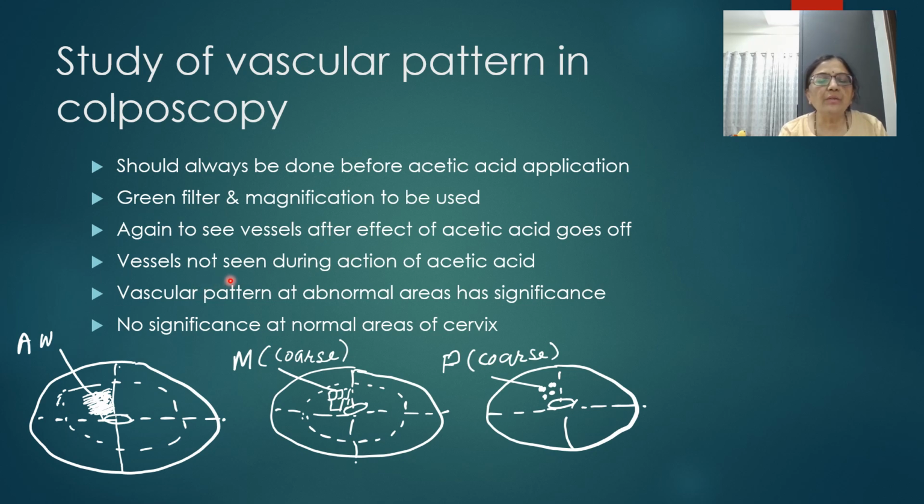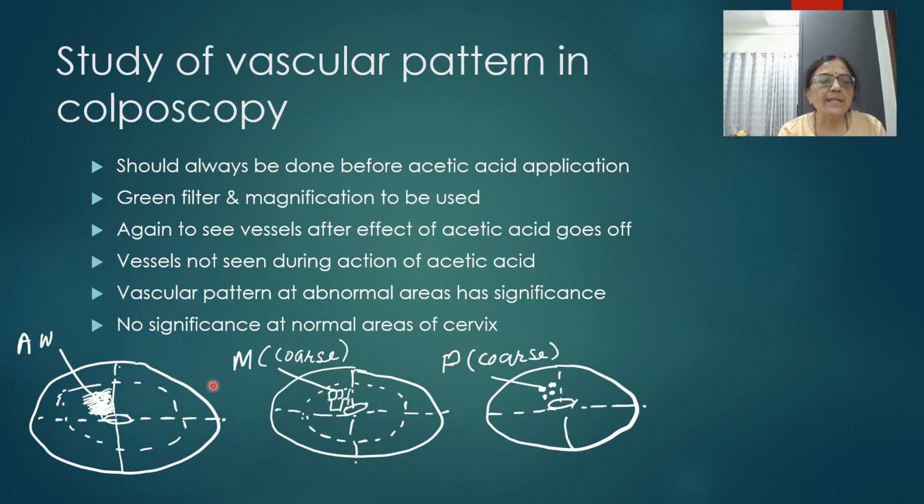Vessels are not clearly seen when the acetic acid action is present. So in an acetowhite area, the vascular architecture cannot be seen. Vascular pattern at abnormal areas has significance. Why we have to look at it twice is, first we are looking at the vasculature before application